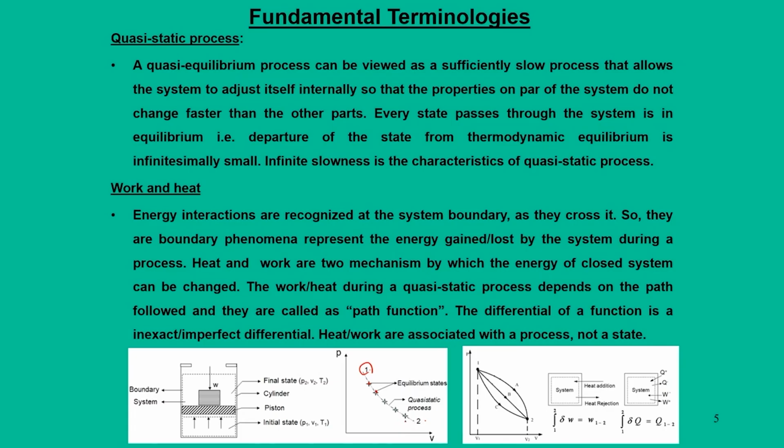So, through this process, changes happen through these intermediate state points, but they occur in a very slow manner. So, we call them equilibrium states, and the complete process we call a quasi static process. This is very vital, because most of the processes in thermodynamics are defined to happen in a quasi